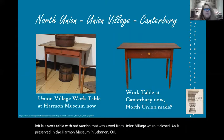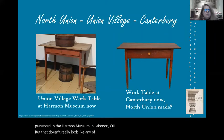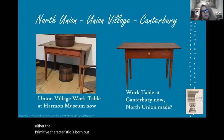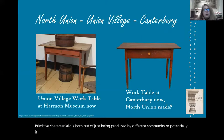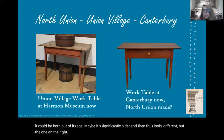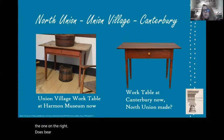But that doesn't really look like any of the North Union pieces I've seen. There's quite a refinement to North Union work tables, and the one on the left seems very, very primitive. So either that primitive characteristic is born out of just being produced by a different community, or potentially it could be born out of its age. Maybe it's significantly older, and thus looks different. But the one on the right does bear similarity to the North Union work table